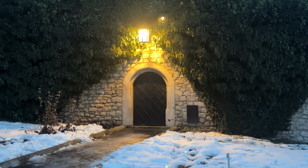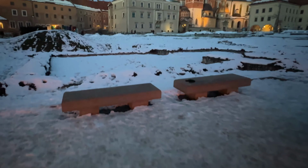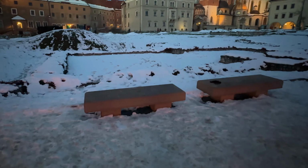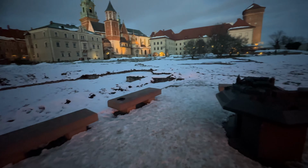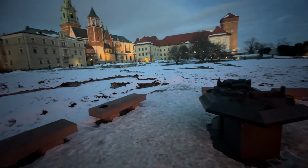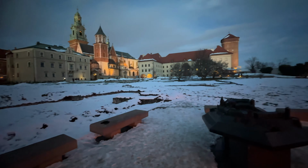Just a little door at the castle. If we look over here, can you see the wall just there? Looks like it's an excavation of an old building. There's actually a whole lot of buildings over this site by the looks of it. This is a big courtyard with the cathedral towering in the background, and the palace quarters or castle quarters are